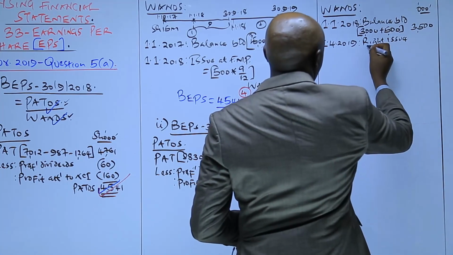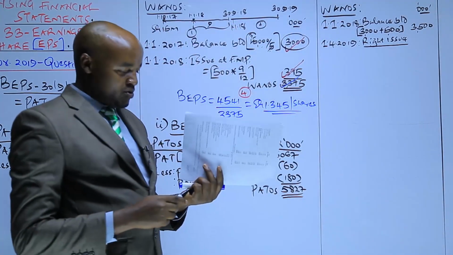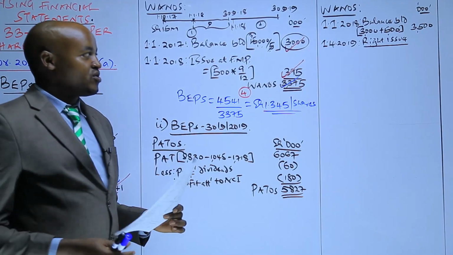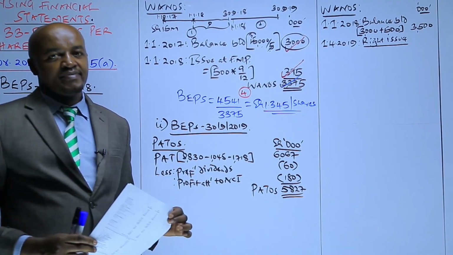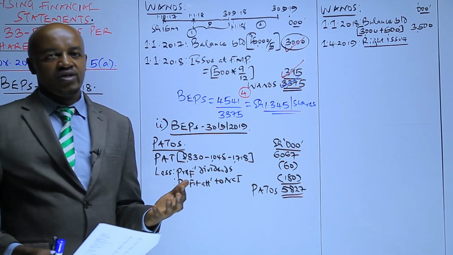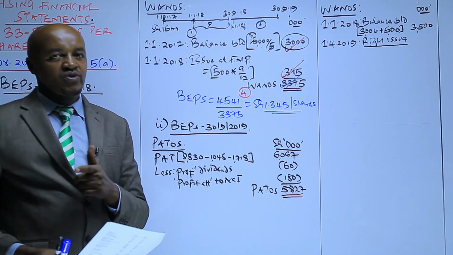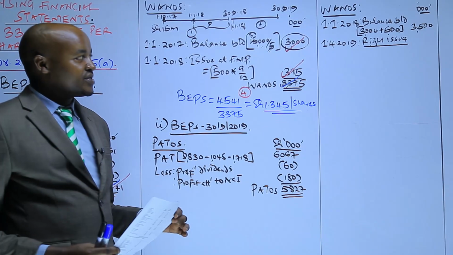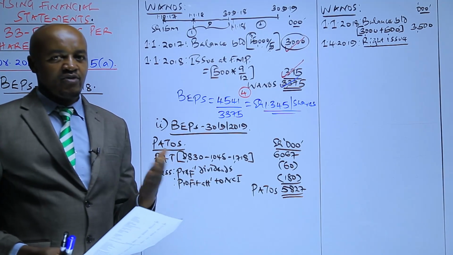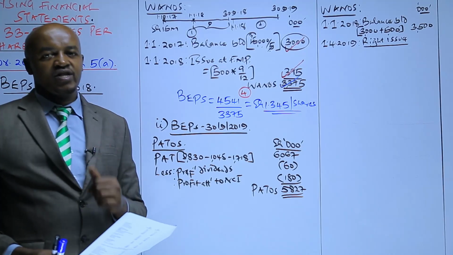Remember, you said in our previous session that this is a very, very common concept, a very, very important concept which is tested in almost all questions for earnings per share. And what we said is that during a rights issue, the company issues additional shares to the existing shareholders of the company at a price which is below the market price. As a result of that, we said those shares which are issued to the existing shareholders of the company, some of them are deemed to be issued free of charge, whereas others are deemed to be issued at full market